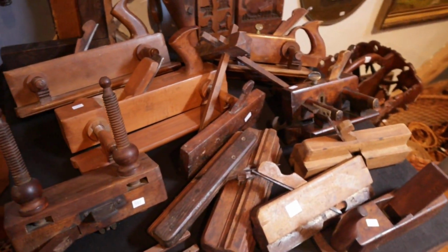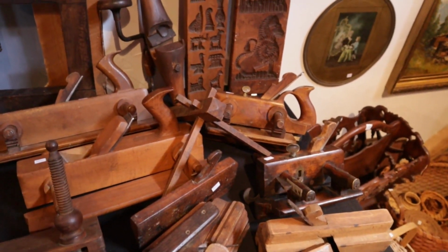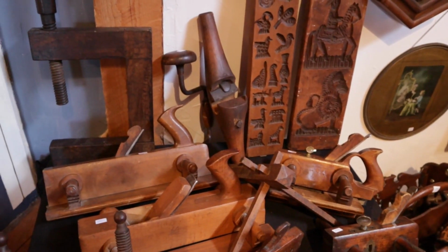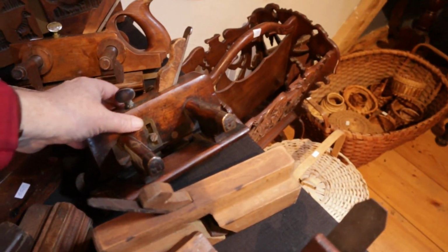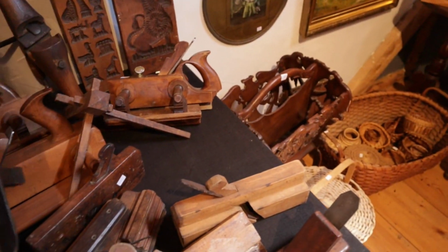Some wonderful early wood planes. A whole collection of really interesting ones. Actually came from 2 different places. Some early wooden tools. One to take note of for sure is this